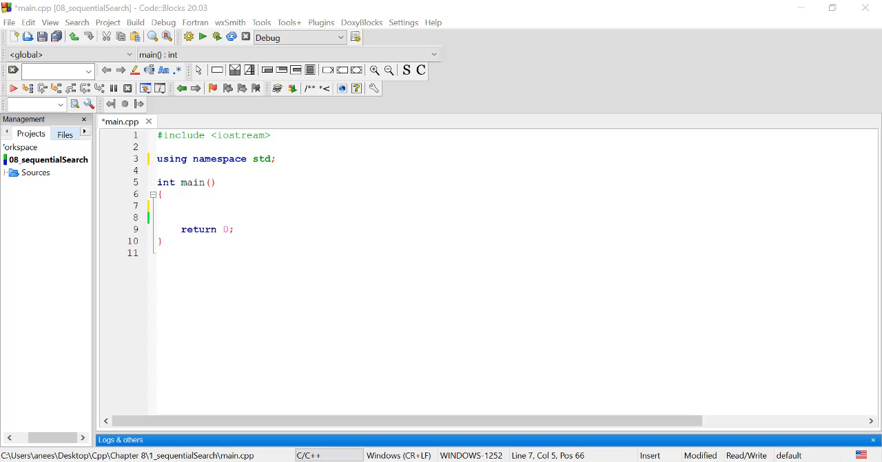Now today we're going to be using a sequential search that will literally search for a value inside of your array. Now the first thing that you want to do is create a function that will use the sequential search. Now right here, you want to write in